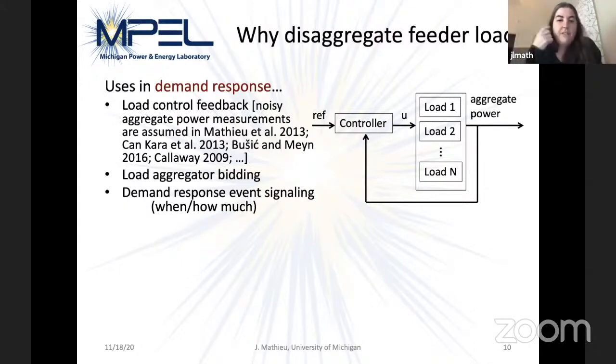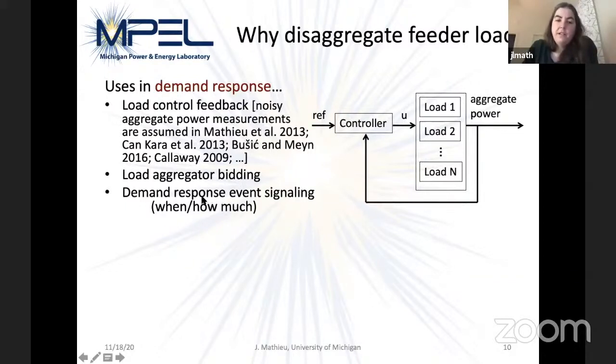But in any case, if you could do this in a more sophisticated way by doing this sort of energy disaggregation, where you estimated the consumption of all the loads you're controlling, you potentially could do a better job of then controlling the loads. So that's the key thing that made me start working on this problem, because I was interested in how you get a better estimate of the aggregate power consumption. But you can also use this sort of approach to understand how much a load aggregator could bid in terms of the resource of controllable loads.